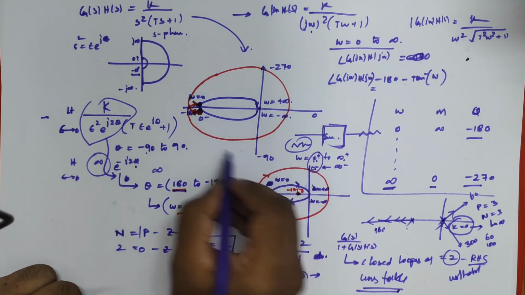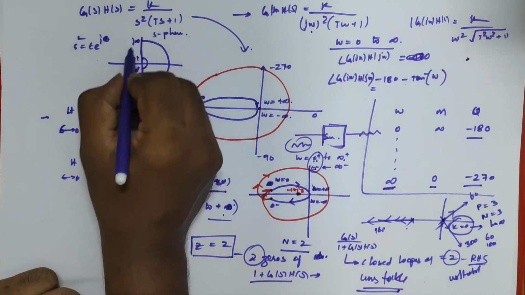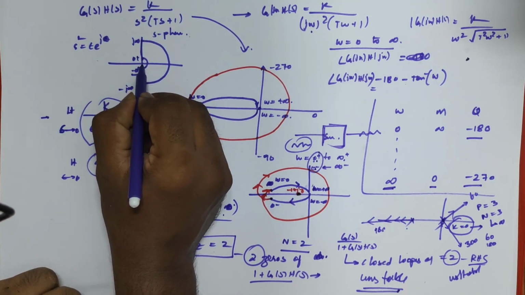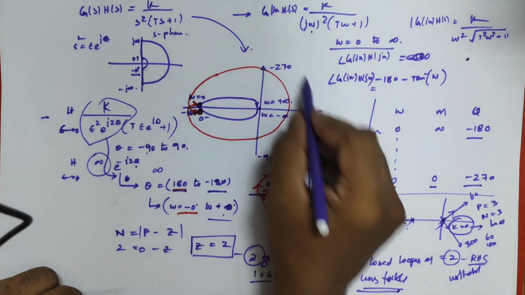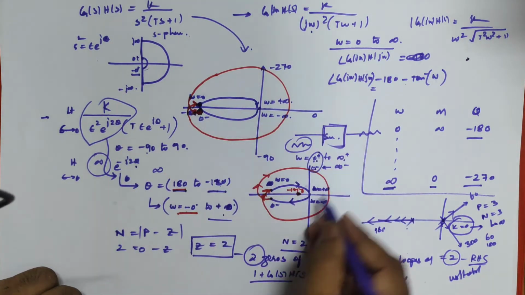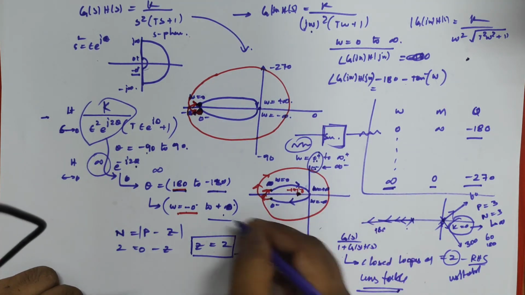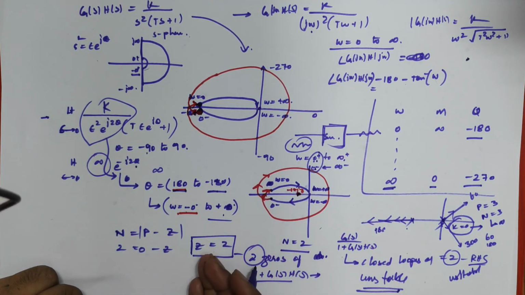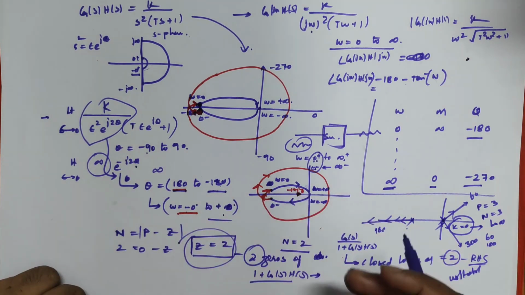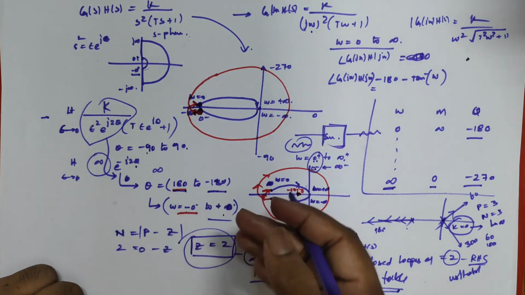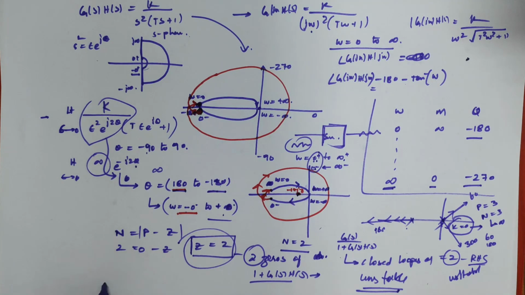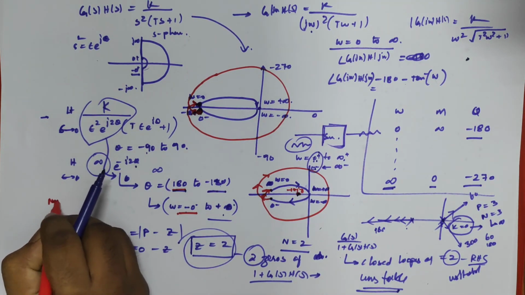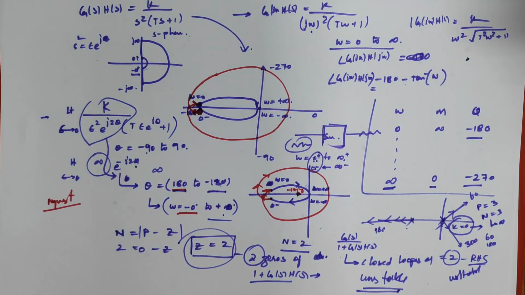Because there may be an assumption that the open loop has poles at the origin. Keeping that in mind, I bypassed this contour, drew the Nyquist plot, and proved that it will encircle 2 times. If it encircles 2 times, my system will be unstable, getting Z equal to 2. So this is just one special case. There are many special cases, and for systems we don't know, Nyquist is just to understand the things, but in real time we won't follow the Nyquist criterion.